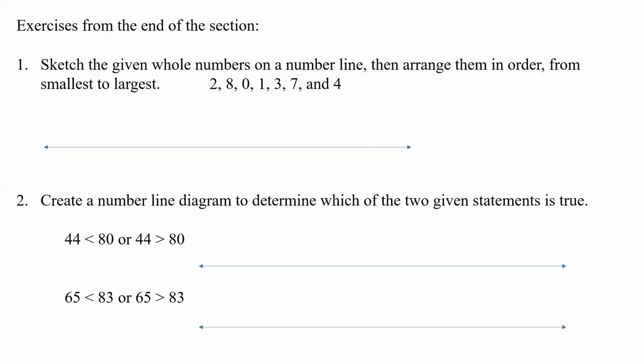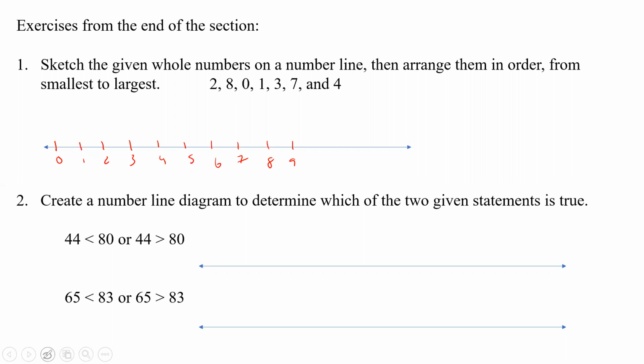Okay, so here are some extra examples from the end of this section in our book. The first one says, sketch the given whole numbers on a number line, then arrange them in order from smallest to largest. All right, so when we have a number line, the first thing we always have to do is mark it. And so we'll start with 0, and then we have 1, 2, 3, 4, 5, 6, 7, 8, 9,